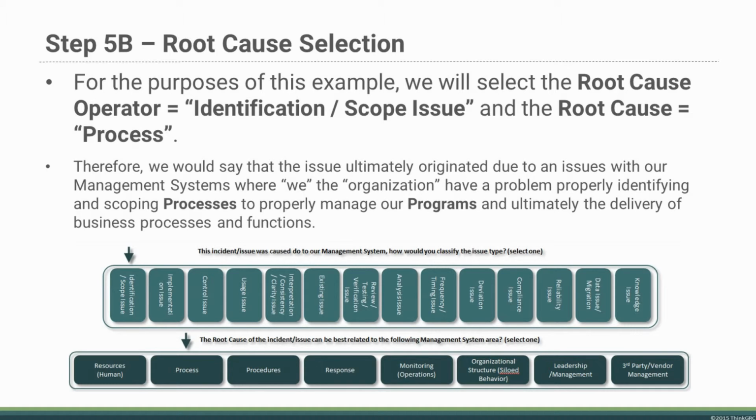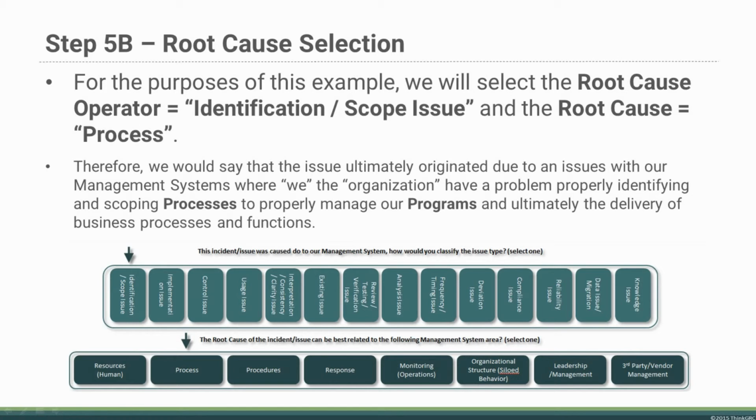How would you classify this issue type, also known as root cause operator, as it relates to the following question? The root cause of the issue can be best related to the following management system area, also known as a root cause. Review both rows and pick the best combination to represent the issue as it relates to our management